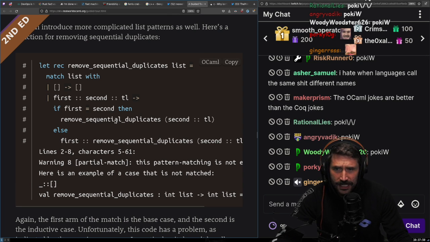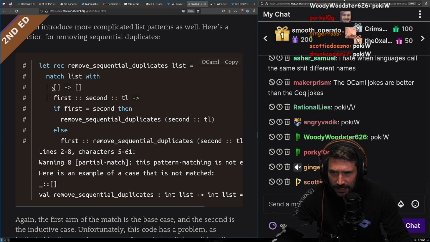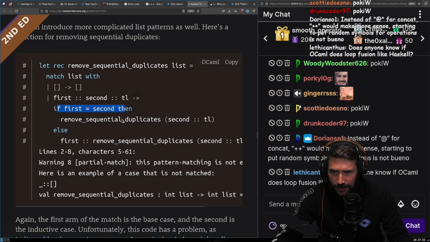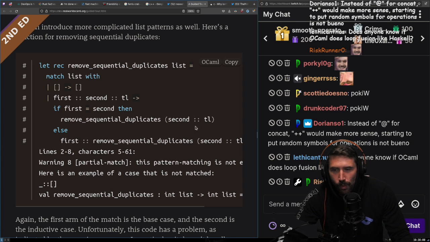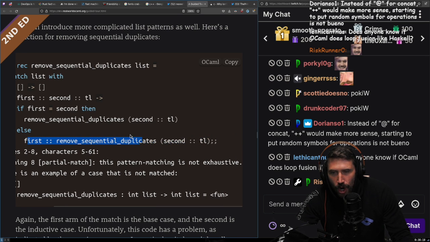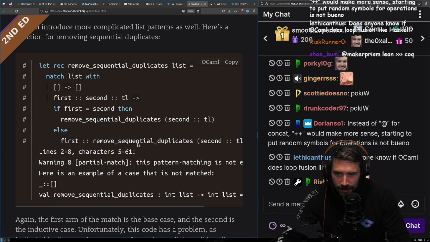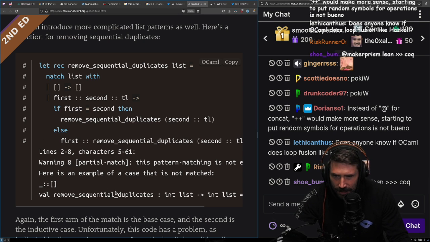All right, remove sequential duplicate list. Match this first, second, tail. If first equals second, then remove sequential duplicates second. It's beautiful. Hold on.